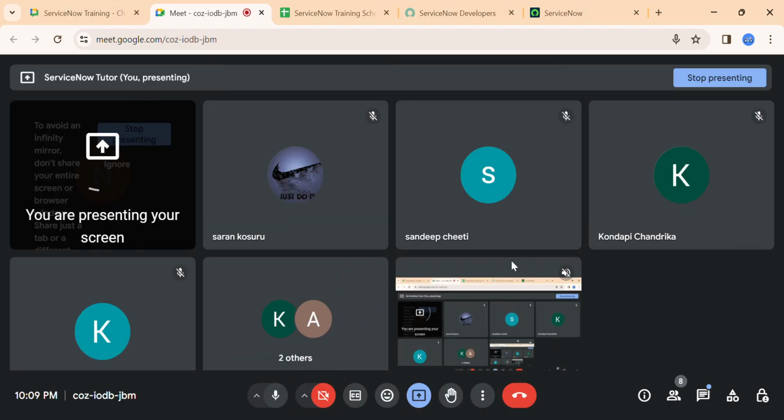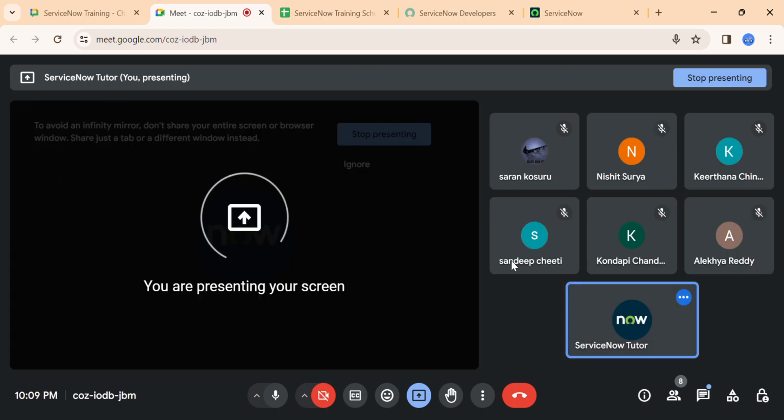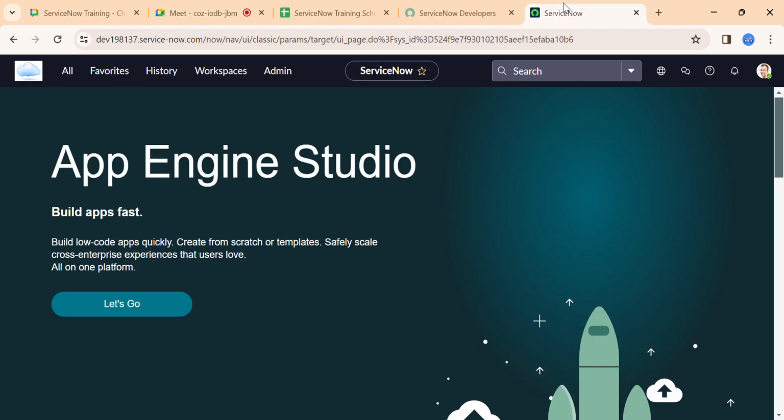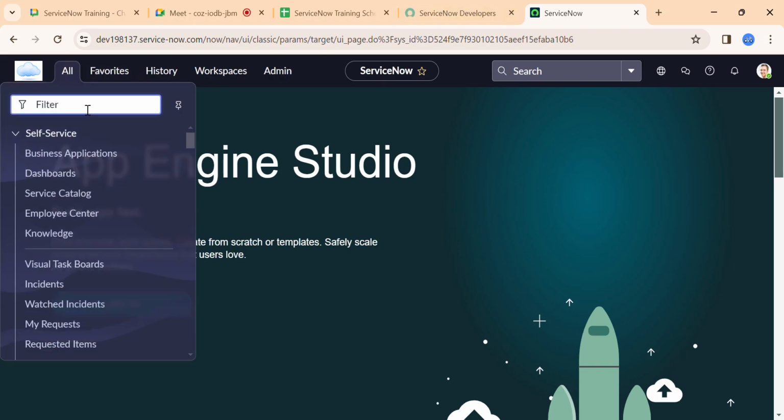Now let's see the next topic, which is knowledge base. In the ITSM applications, we talked about incident, problem, change, and now we also have the knowledge management application in ITSM. Knowledge management is where data is stored in the form of articles.